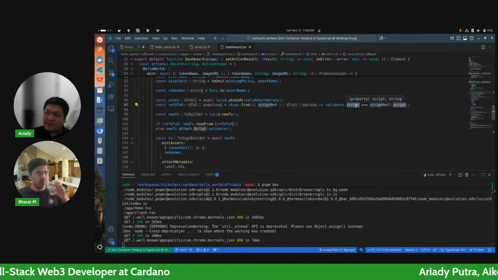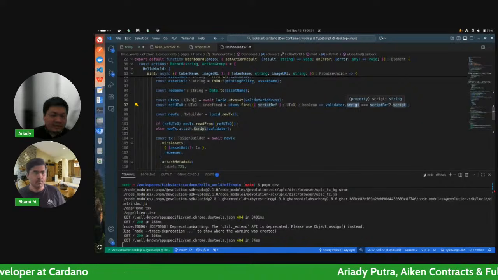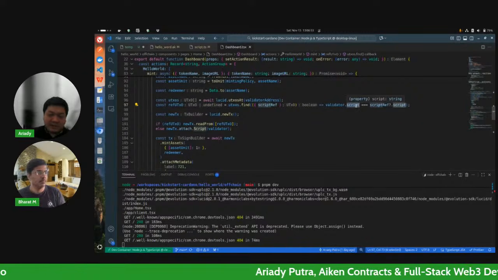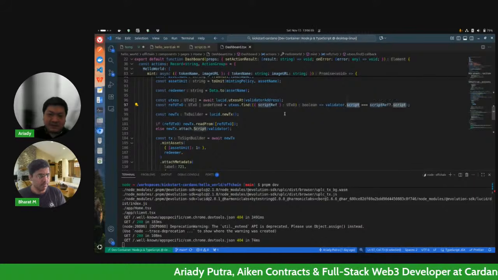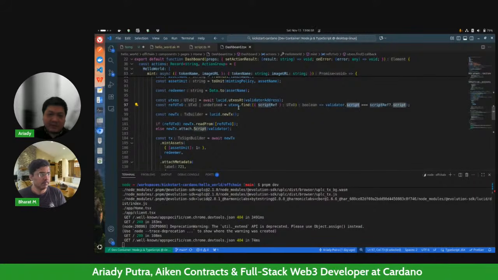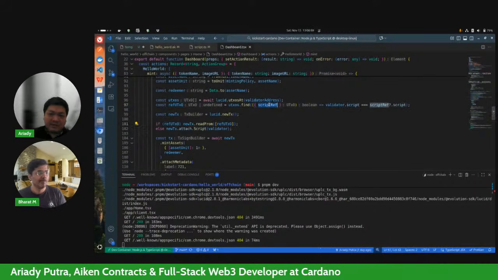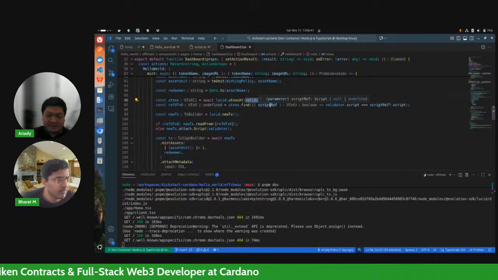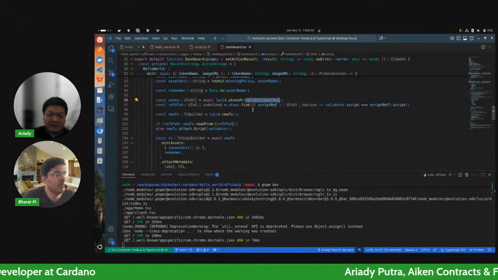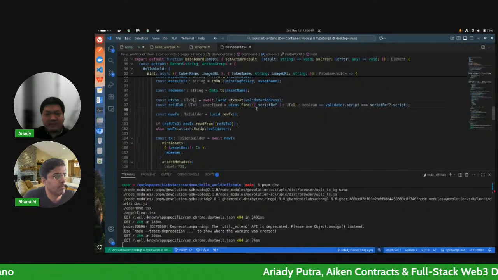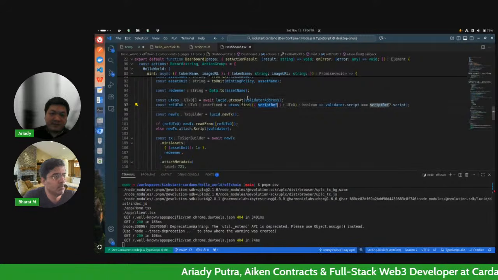But in a real production app, in case you already know which UTXO is there, then you can just specify that particular UTXO rather than browsing the entire address. But since right now this is a new script and I don't know the address yet, that is why I browsed the entire address to look for the UTXO.